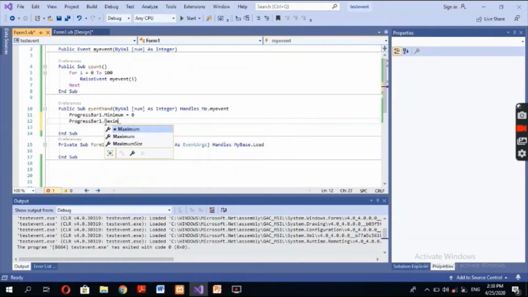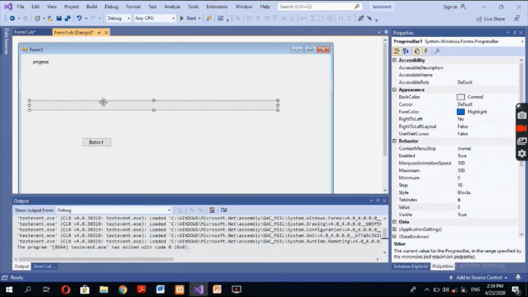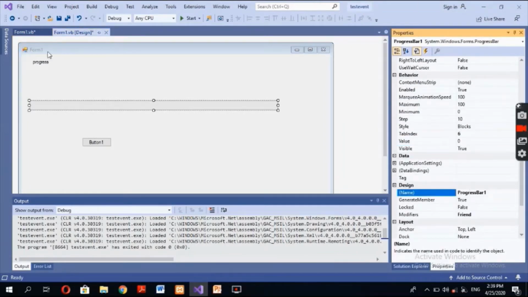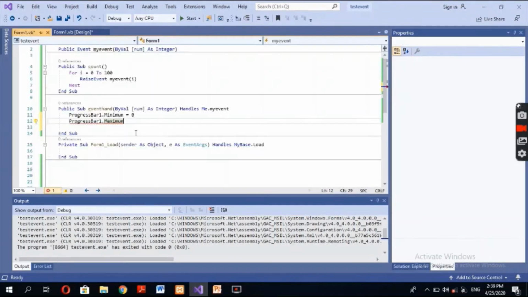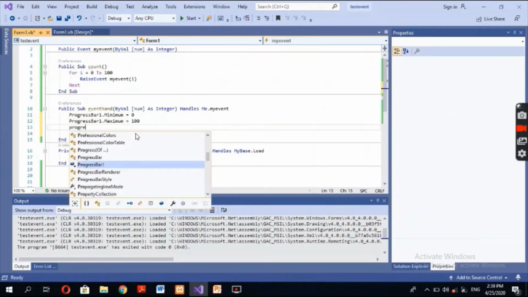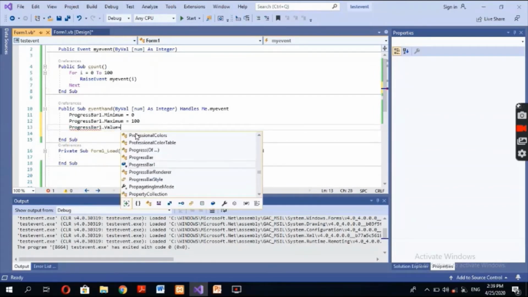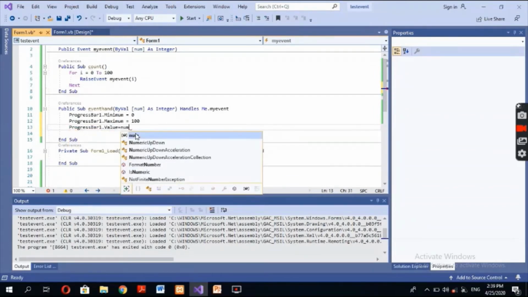This is the progress bar that we have created right here. The name of this progress bar is, you can see right here, ProgressBar1. So I'm going to specify the maximum and minimum values, and then I'm going to write ProgressBar1.Value is equal to num.